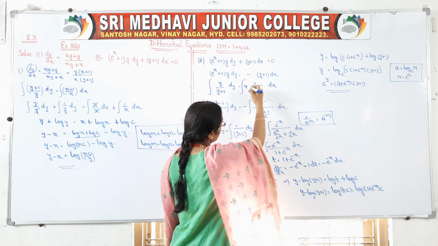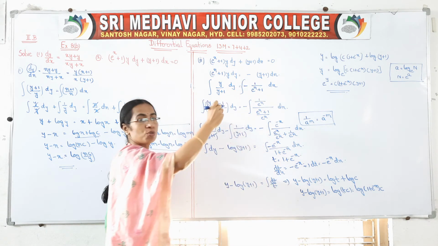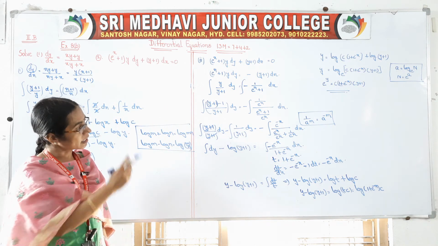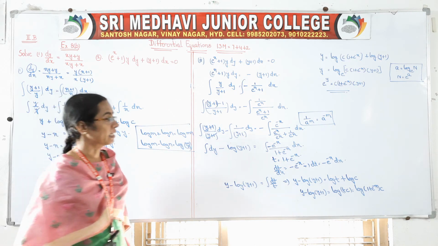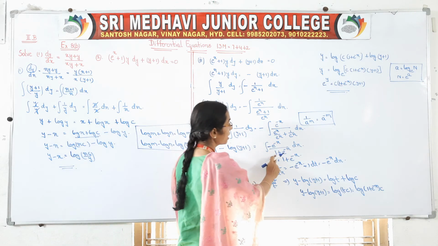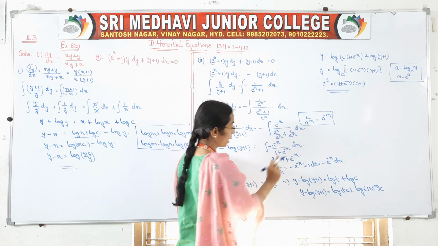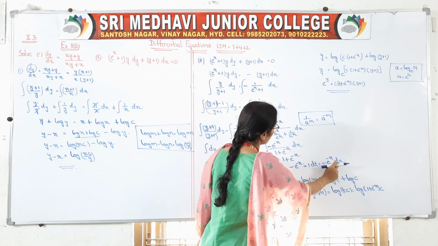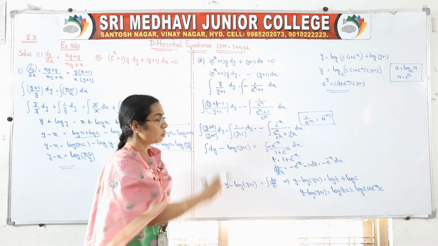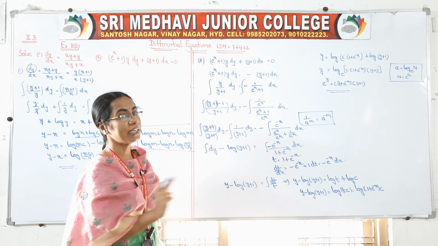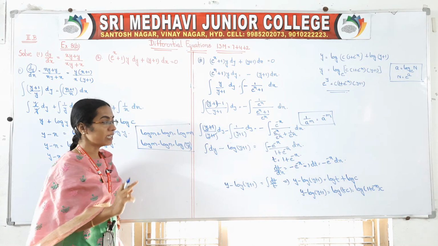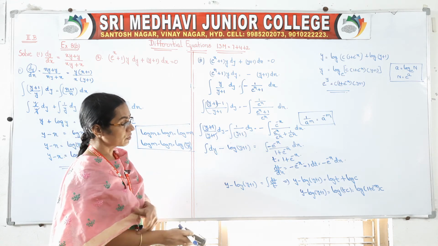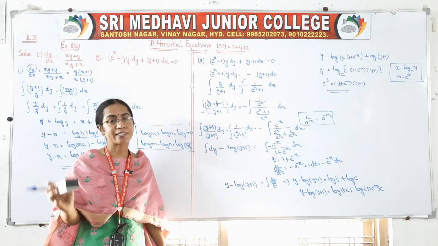Actually, we solved this one, integral 1 by e to the power of x plus 1 into dx, in integrals for 2 marks, right? Same thing we are doing again. After that, you take t is equal to 1 plus e to the power of minus x, then you will get dt is equal to minus e to the power of minus x dx. So in its place, you substitute dt by t. Integral dt by t is log t. And after the completion of integrals, we have to write the integral constant c.